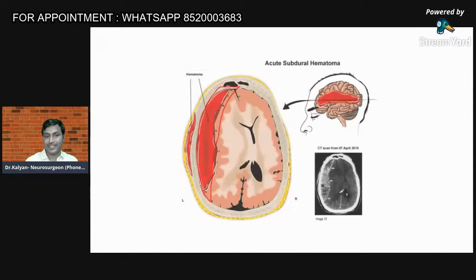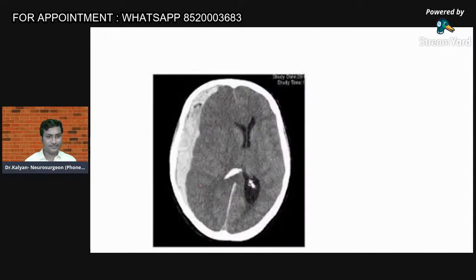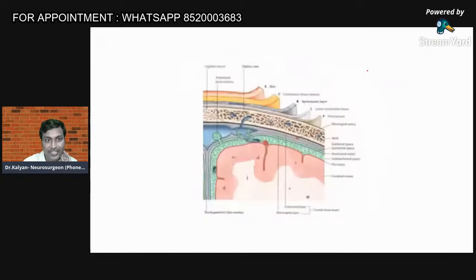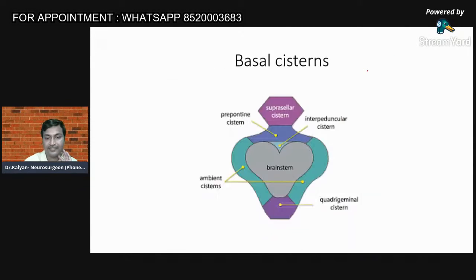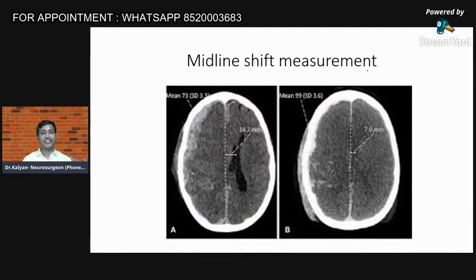Next we will go. So quickly try to answer this image number 1. So what bleed is this? And actually, I forgot to tell you something. Most important thing you would have read about midline shift. So midline shift is very important. A midline shift of more than 5 mm is life threatening. So how do you calculate the midline shift? We draw a line exactly in the midline.